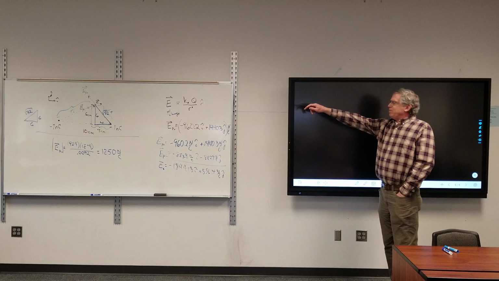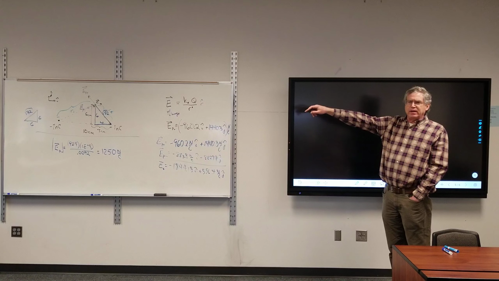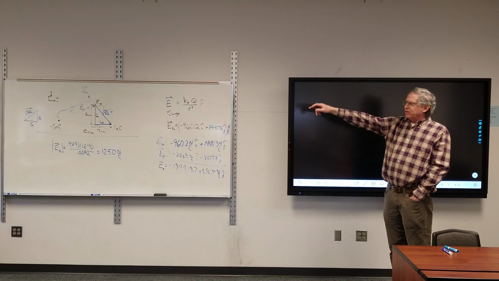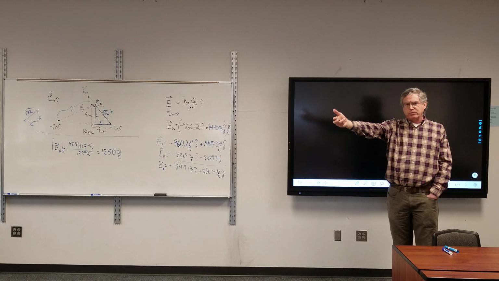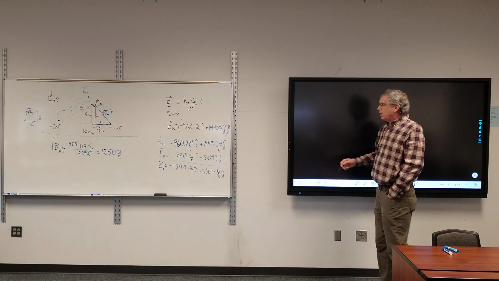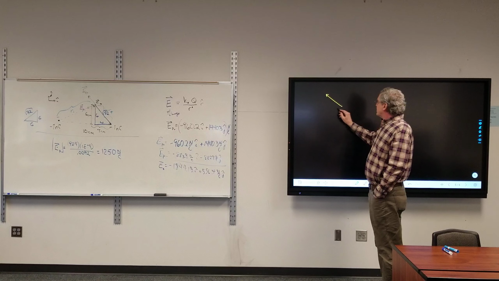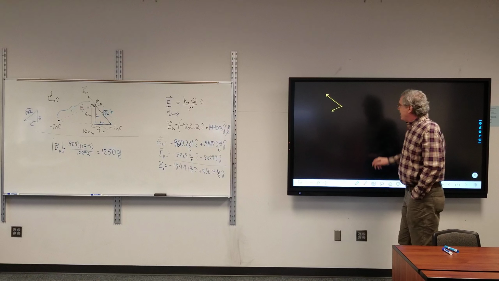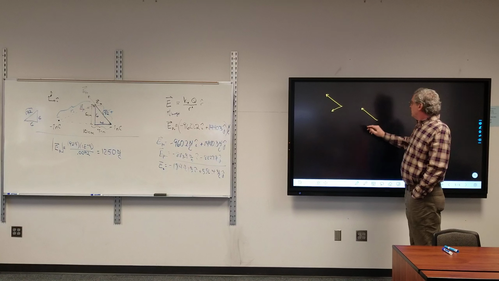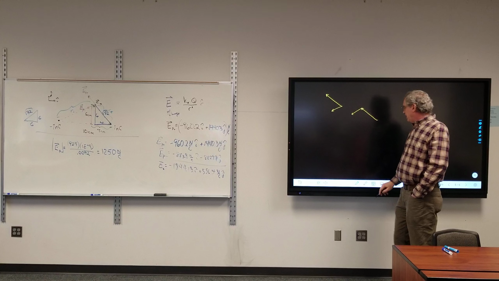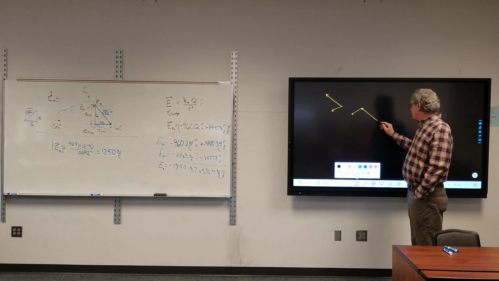I know that the magnitude of EP positive is bigger than the magnitude of EP negative, for the reason that was outlined earlier. If I add them graphically, so I've got a vector going like this and a vector going like that, if I add them graphically,